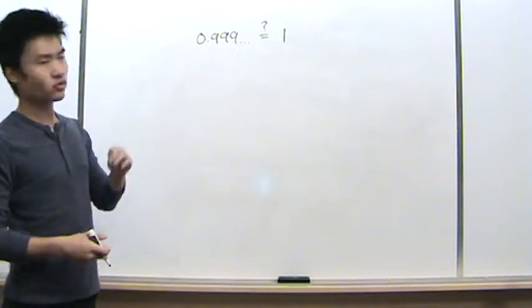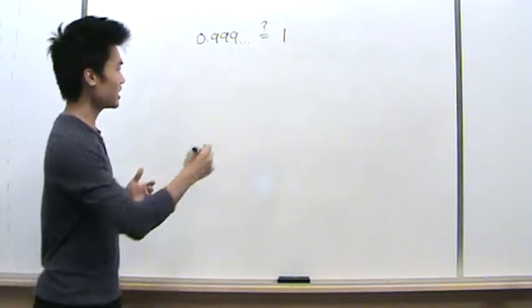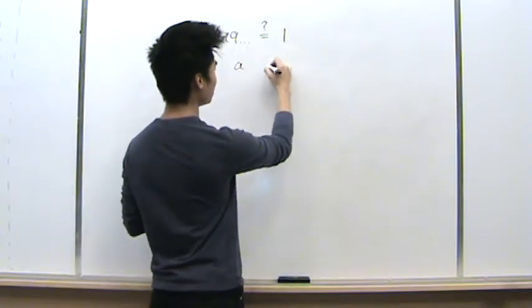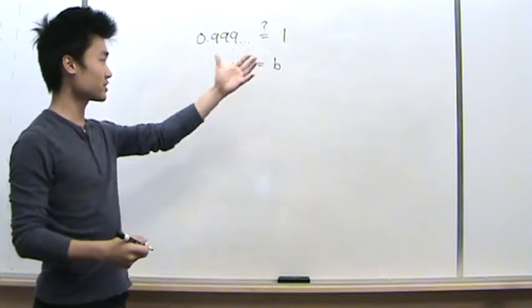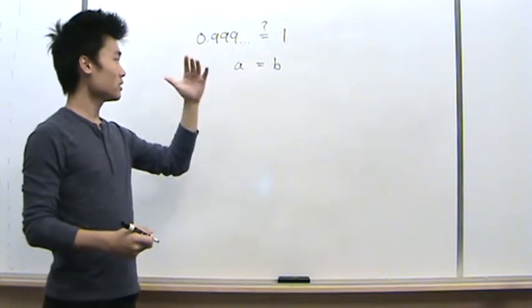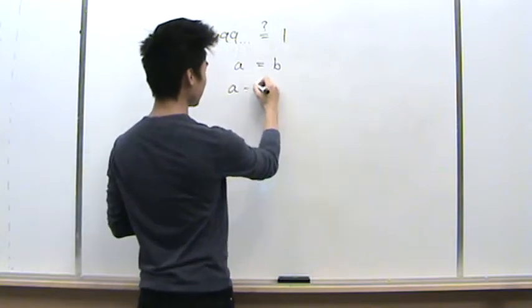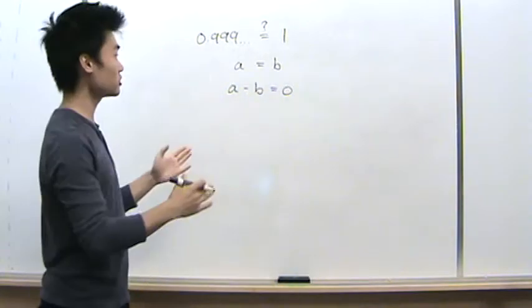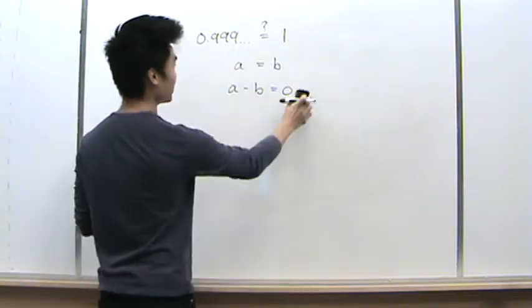And the first thing we're going to do is rephrase this question just a little bit. Realize that if we have two numbers, let's call this one A, and let's call this one B, and A and B are equal, then we can pull the strategy of subtracting B from both sides to get that A minus B is equal to 0. So the question we're going to be answering, which is really the same question that we asked at the beginning, is